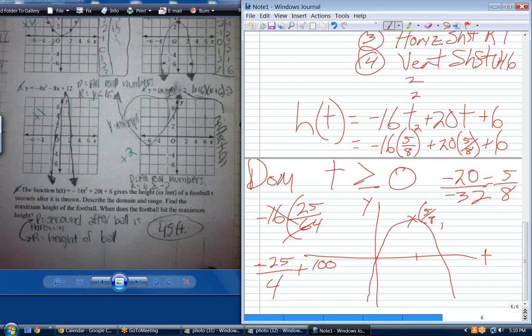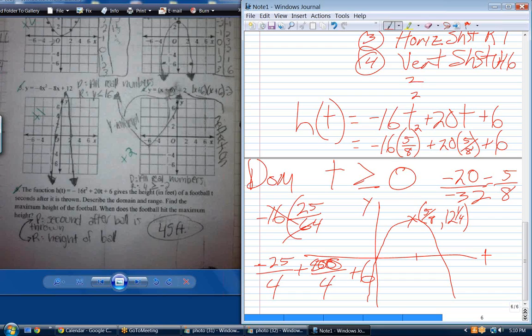plus 100 eighths, or 50 fourths, plus 6. So we got 25 fourths plus 6. That is 12 1/4. Just to speed things up a little bit. So what that tells me